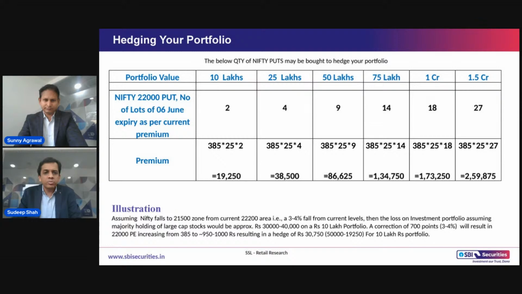निफ्टी की जो वैल्यू है 5.5 लाख, तो 10 लाख के आसपास 2 लॉट होते हैं, तो आपको 22,000 के एट द मनी या स्लाइटली आउट ऑफ द मनी के पुट के 2 लॉट्स लेने हैं। और दिस इज अराउंड आपका जो प्रीमियम कॉस्ट होगा वो 19,000 होगा। तो इट इज रफली 1.5 to 2% ऑफ द टोटल पोर्टफोलियो वैल्यू। बट व्हाट इट विल डू इज, अगर बड़ा करेक्शन आया तो पुट्स की वैल्यू बढ़ जाएगी, आपको ओवरऑल पोर्टफोलियो में जो लॉस होगा वहां पे कुछ हद तक इट विल बी सैल्वेज्ड। Now, similarly, there are different structures for 25 lakhs, 50 lakhs, 75 lakhs, 1 crore, 1.5 crore।